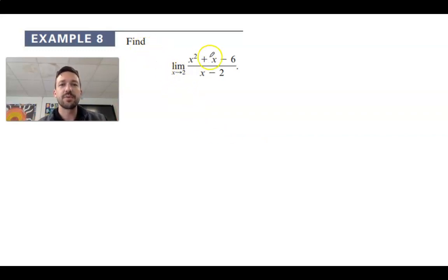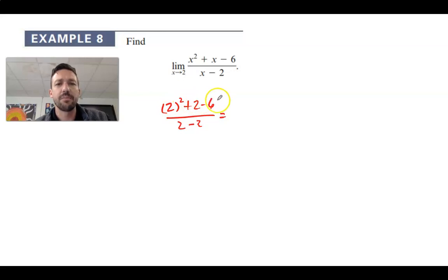So we're doing the limit as x approaches 2 of this. Okay, so first step, plug it in. Let's see if this works. So 2 squared plus 2 minus 6 all over 2 minus 2. And that's where you should see that there's an issue here. But let's just work it out. Let's see what happens. So 2 squared is 4, plus 2 is 6, minus 6. That gives me 0, yeah? And then divided by 2 minus 2 is 0. Okay, because I got a 0 over 0,